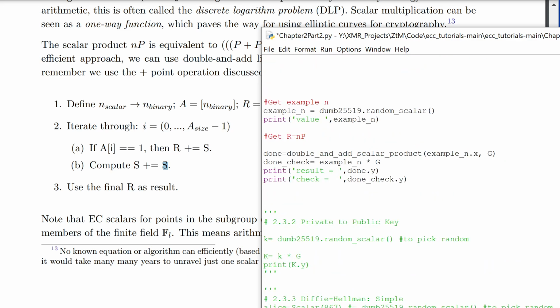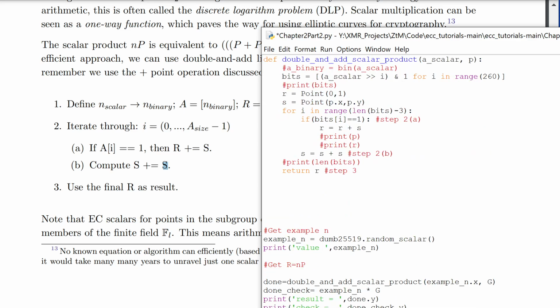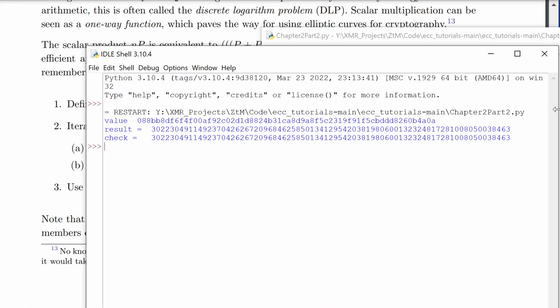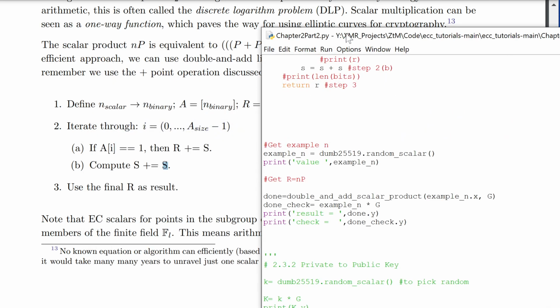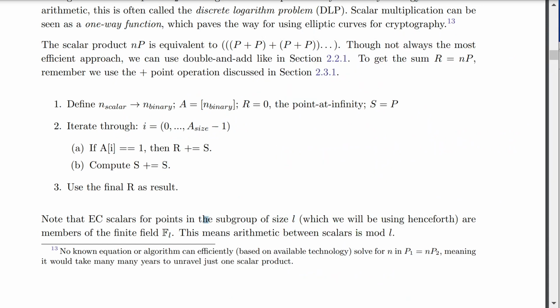This is just checking that the process we've written up is actually going to produce the correct result. So let's do that now. Here we have the value that was generated using double and add, and here the result of the standard multiplication built into the library. We can see that all of that matches up, so we can feel good about that. So with that example finished,